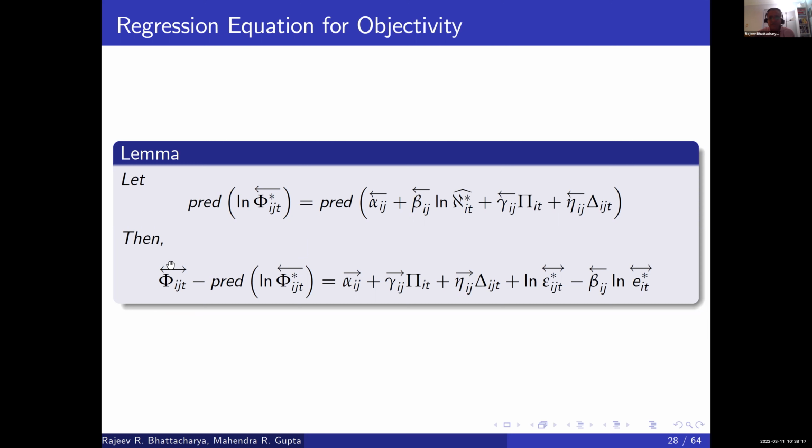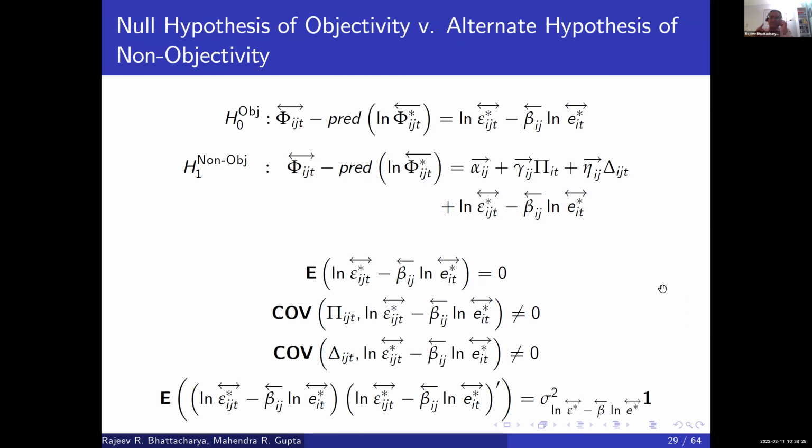Then the observed phi ijt double arrow minus this prediction gives us this regression equation. This is not the same thing as just calculating the residual, because it turns out that the residual term